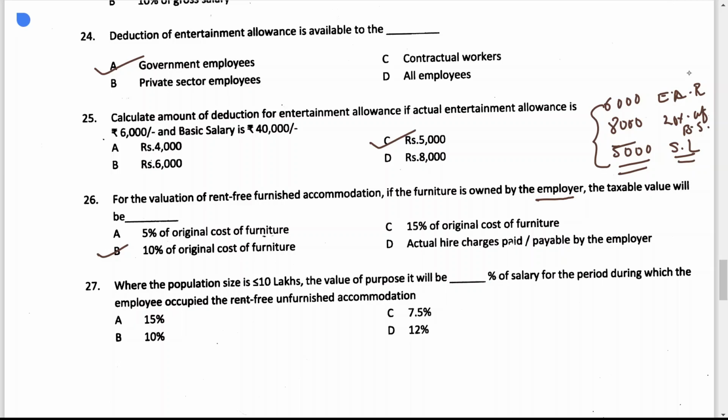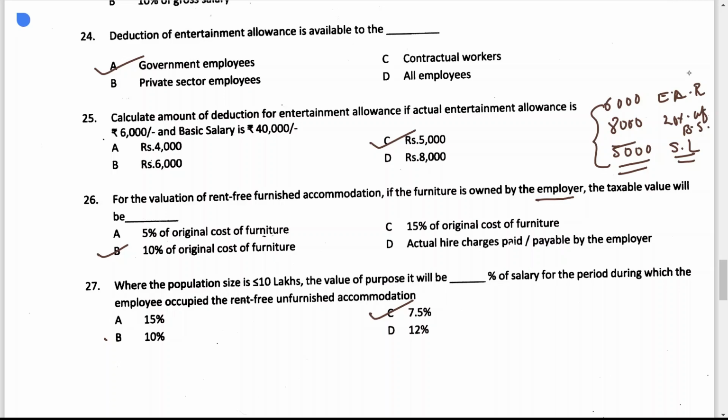Now where the population size is less than or equal to 10 lakh, the valuation value for the purpose, it will be dash percentage of salary for the period during which the employee occupied the rent-free unfurnished accommodation is 7.5%. In case of 27, answer is 7.5% because there are three situations. If population is more than 25 lakh, then 15%. If population is above 10 lakh but less than 25 lakh, then 10%. But if population is less than or equal to 10 lakh, then 7.5% of the salary will become the value